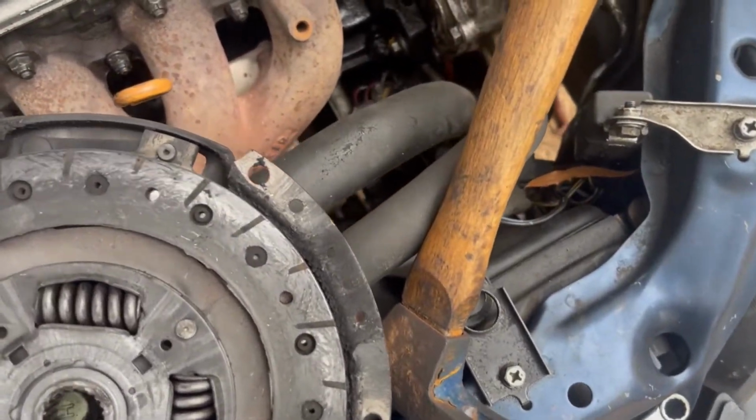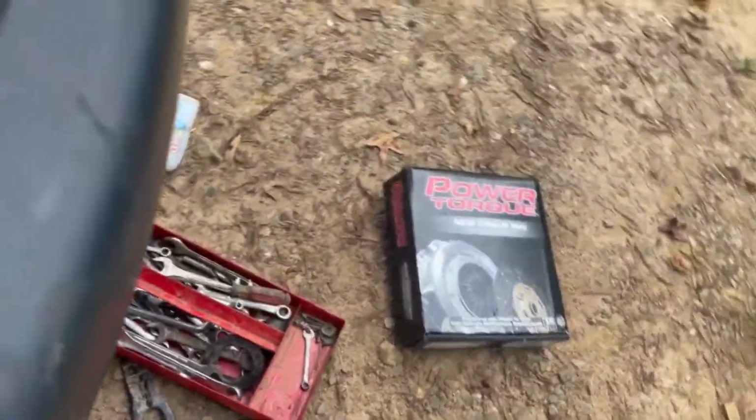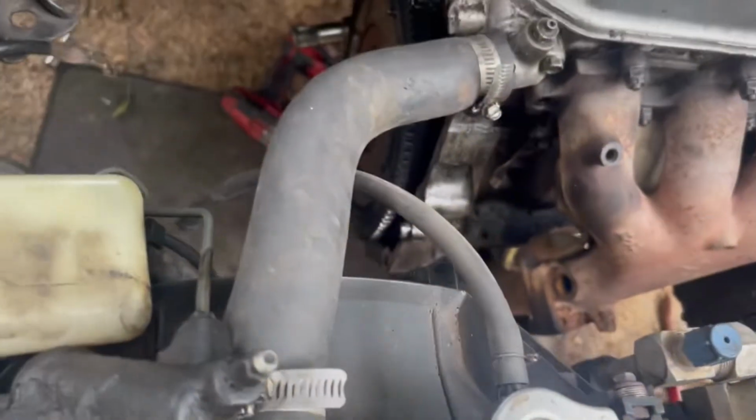So I got it off, and right there, got it right there, the new one. So all I gotta do is put the new one on, and